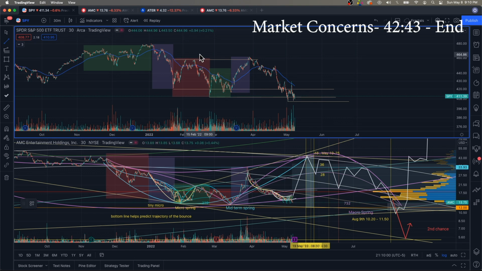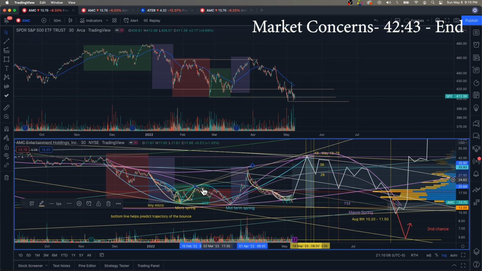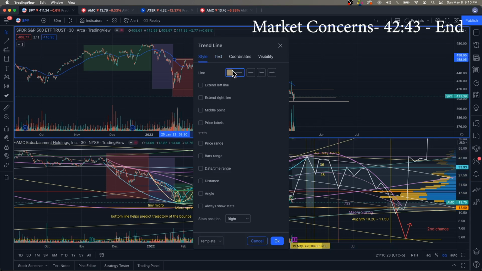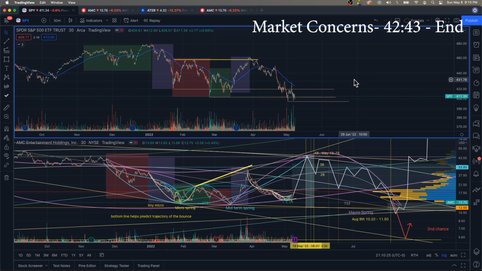But look at the difference in February 9th, okay? February 9th, which is where we peaked here. Do you see this? This is really significant to me, and I think this is really important. What occurs after this is very telling of these two stocks and how they're running or not running together. Even though both of them go down, SPY makes a lower low. AMC has not yet. So I know that they're both red,